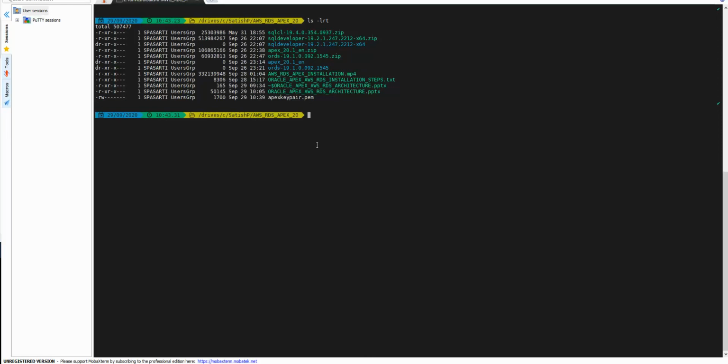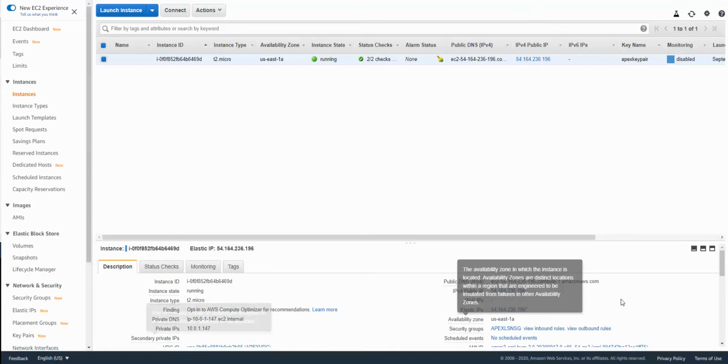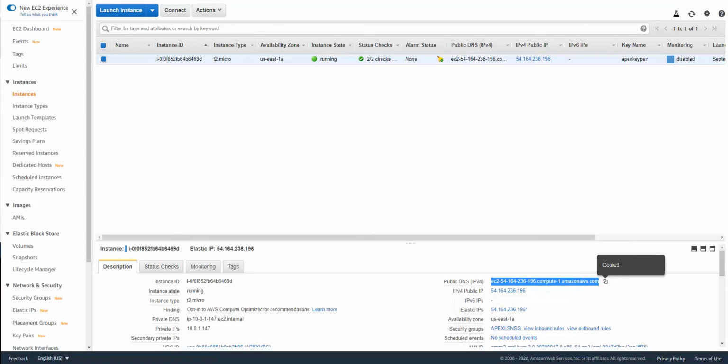So what I'm going to do is SCP these three softwares into the EC2 instance. So let's go ahead and do that one, and I believe I have my, okay, let me copy it again here.